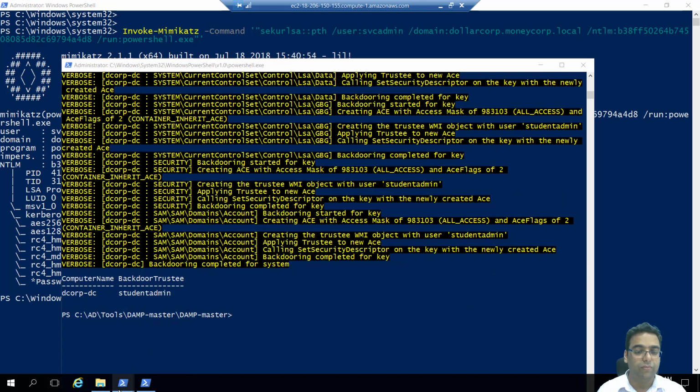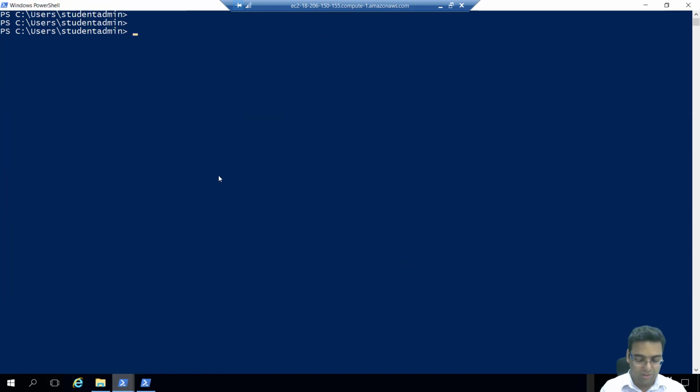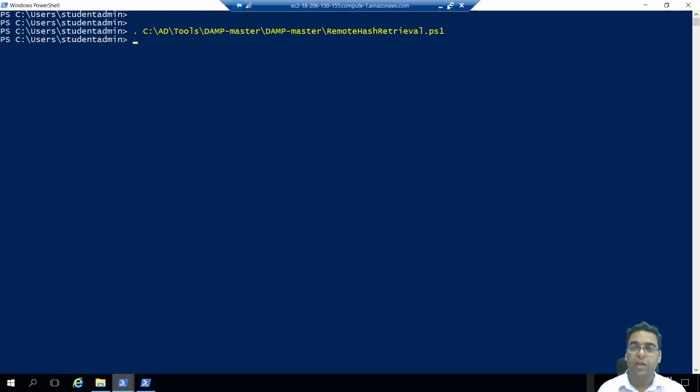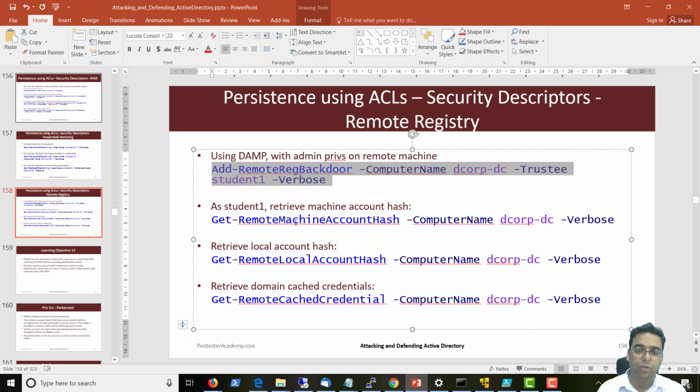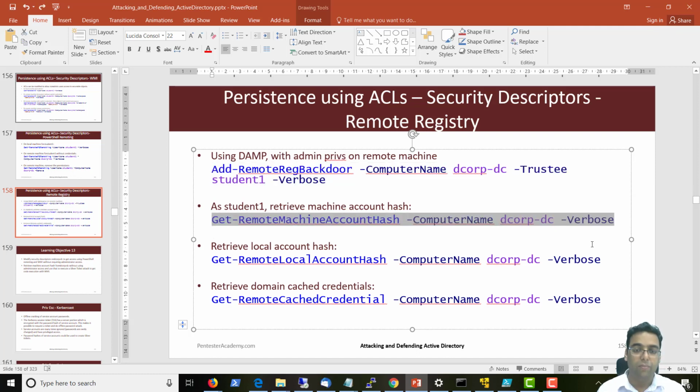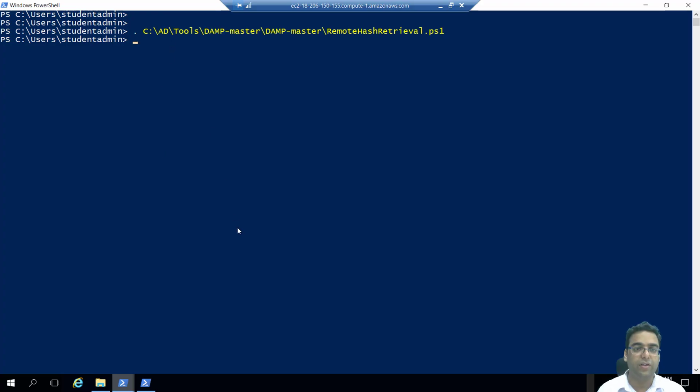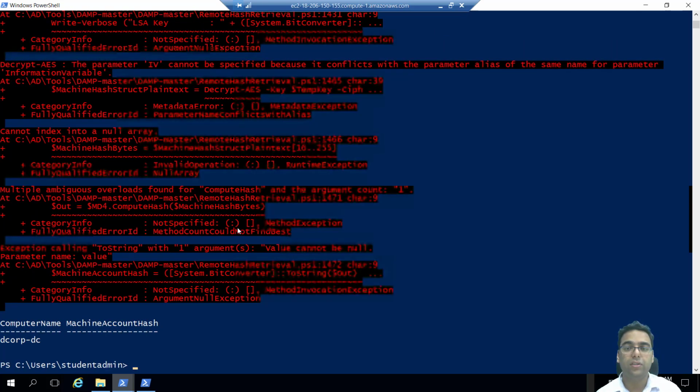Now, if we go to a normal session and run this, get remote hash retrieval. Now what we can do without having domain admin privileges, we can extract interesting pieces of information like get remote machine account hash. If I run this one here, now what we get is,